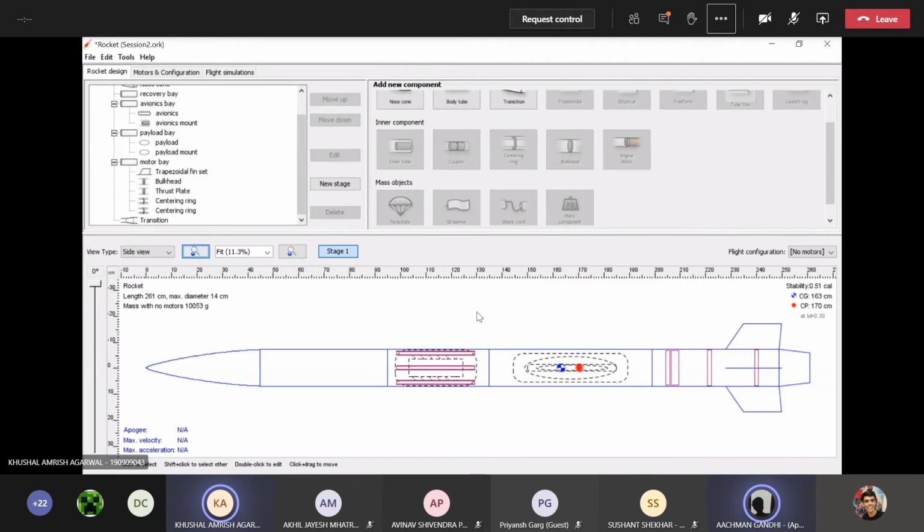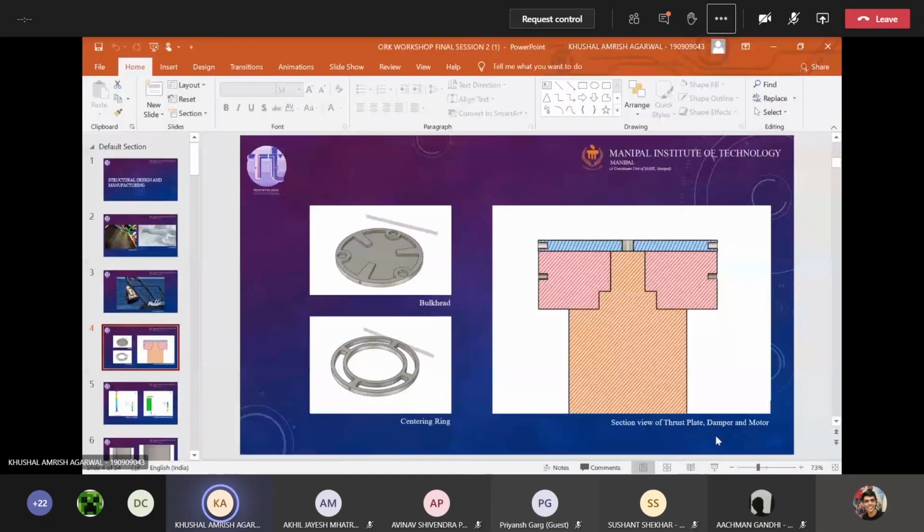Yeah, if there's one long tube, then it is more likely to have bends in it. Yes, exactly. So buckling is one of the main reasons that we don't use a single body tube and we divide the body tube into separate sections. So I'll just explain why. I'll show it with the help of my PPT.